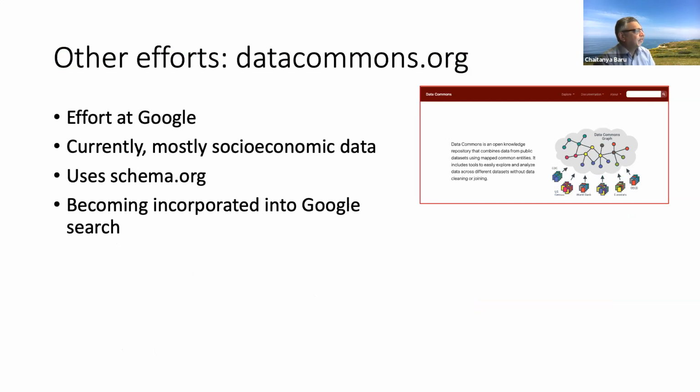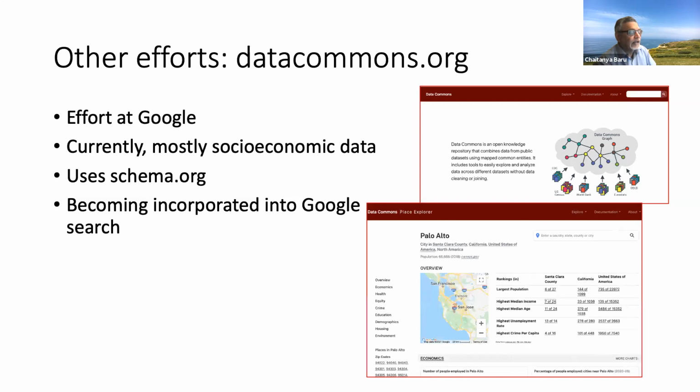The last one I'll mention is this effort going on at Google called datacommons.org. As it says here, if you go to that website, it's an open knowledge repository that combines data from public data sets and then provides you tools to easily explore. So what they mean is they've actually pulled together a lot of federal socioeconomic data, like from the Census Bureau, from the Bureau of Labor Statistics, etc. And you should try it, it's very easy to just click, click, click, and go through and generate these kinds of